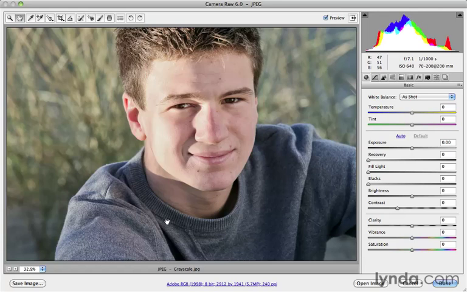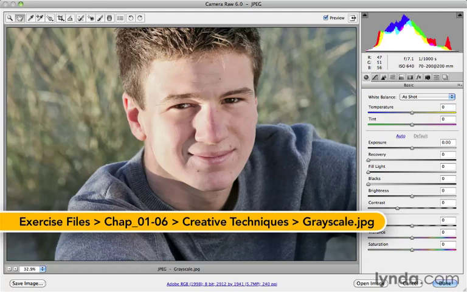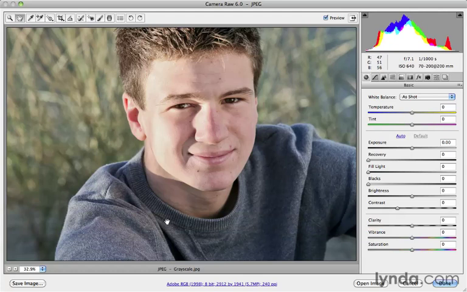Converting a color image into black and white is a pretty common thing to do, and Camera Raw gives you a lot of flexibility and power to do so, and very quickly, I might add as well. There are two different ways to go about it. There's just the quick get rid of all the color, and you can do that with the saturation slider. And then I'll show you the second technique where you can actually control individual colors and how they get converted into black and white. So the poor man's job, just real quick, is take the saturation slider all the way